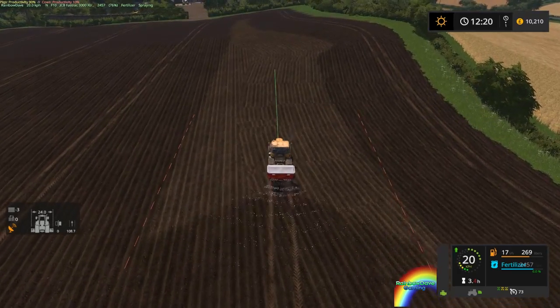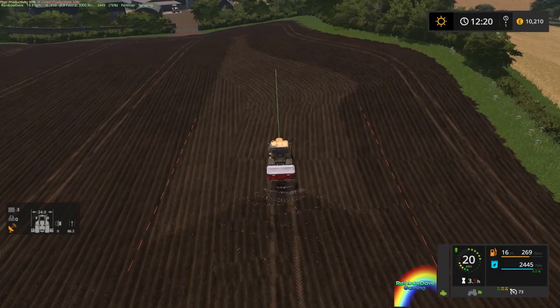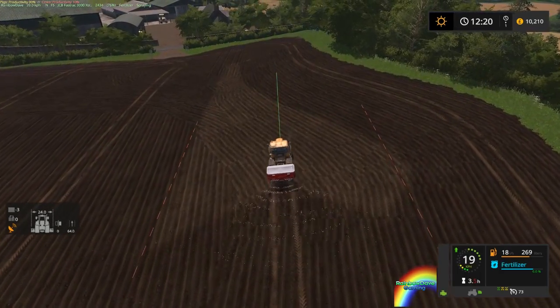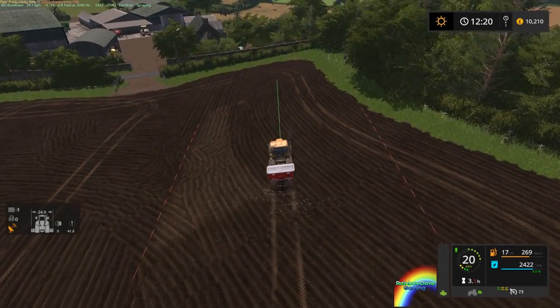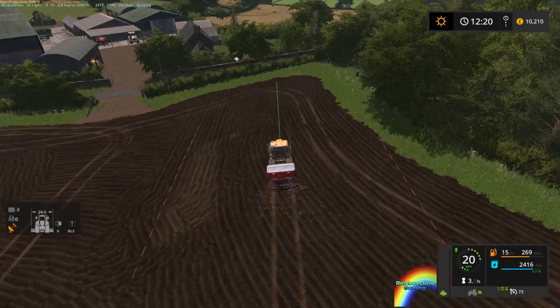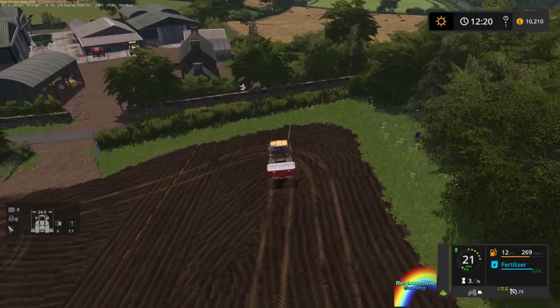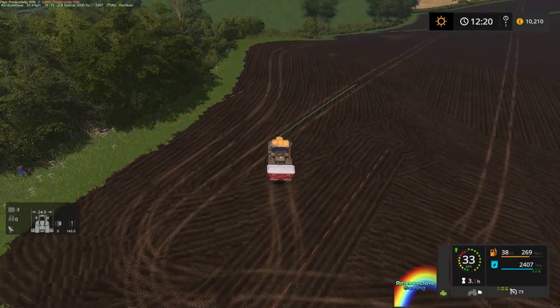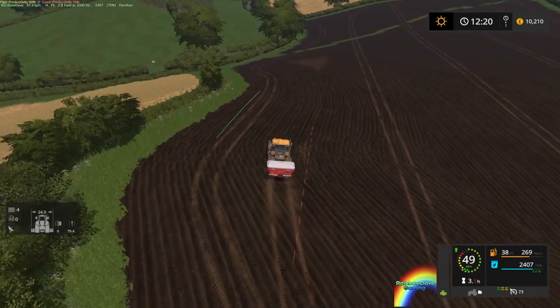What is going to need to be done, though, is that we need to be selling... Oh, we can't sell the canola. I was going to say we need to sell the canola. No, we can't, because field 3 is also canola, and I don't want to destroy the canola prices too much. So I'm going to store the crops for the time being, and once we've got field 3 done, then we can consider selling them